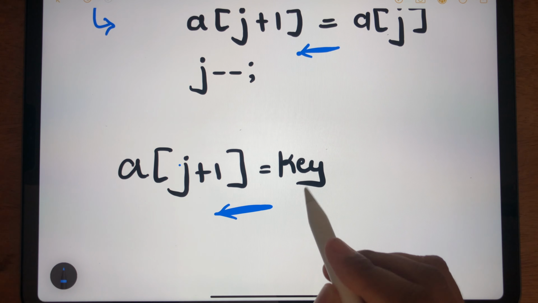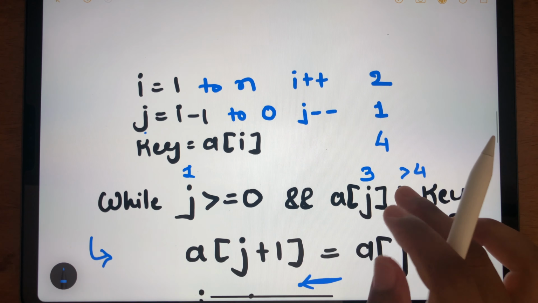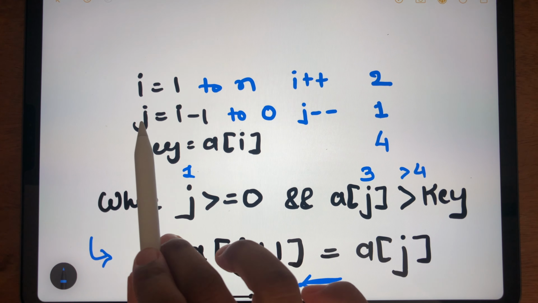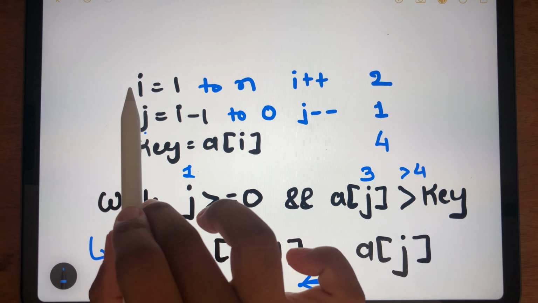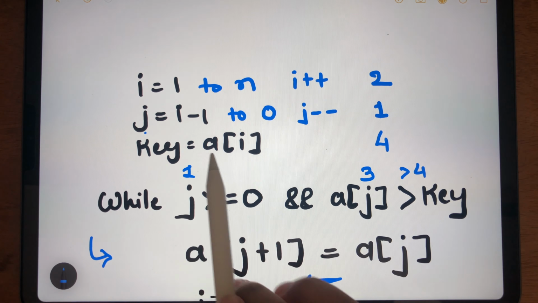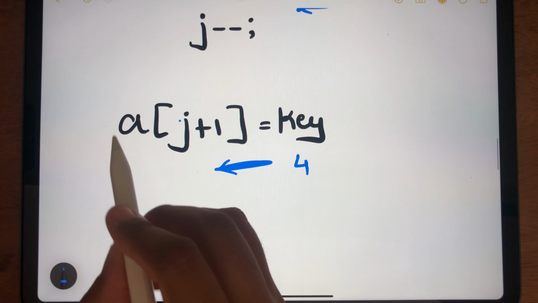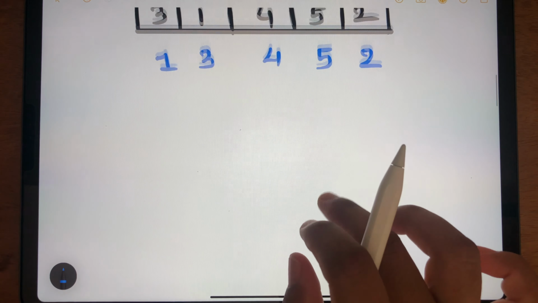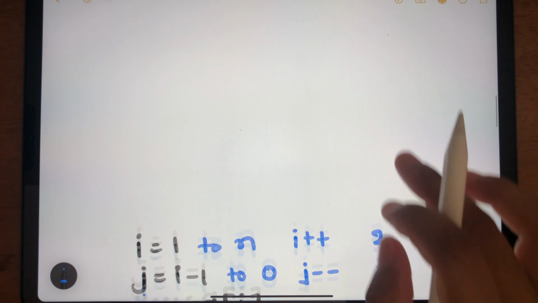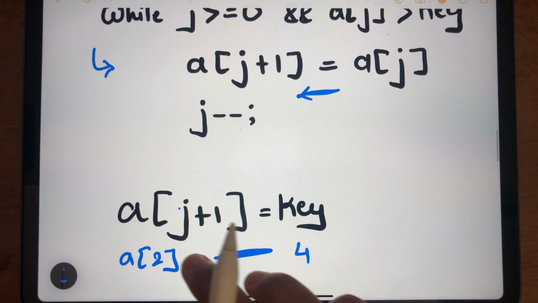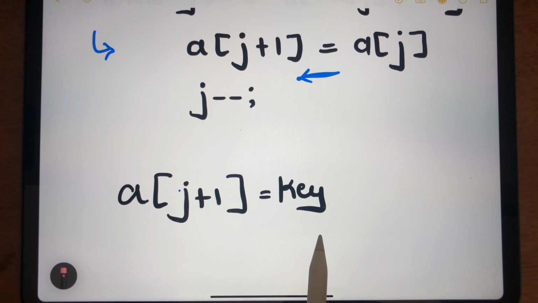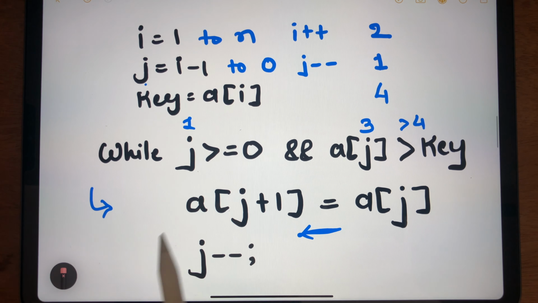As you see, the value of key is 4 and a of j plus 1 is basically a of i. So we have to place the value 4 at which index? A of 2. A of 2 is currently 4 only. So we are assigning the same value to the same array. Now for the next value of i, we would be executing the loop.